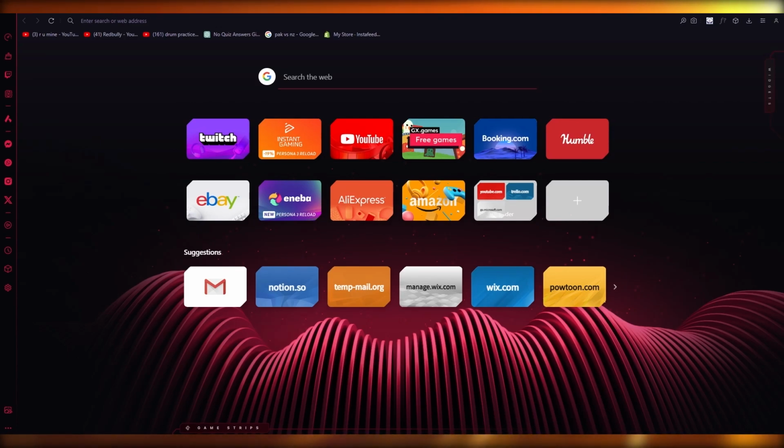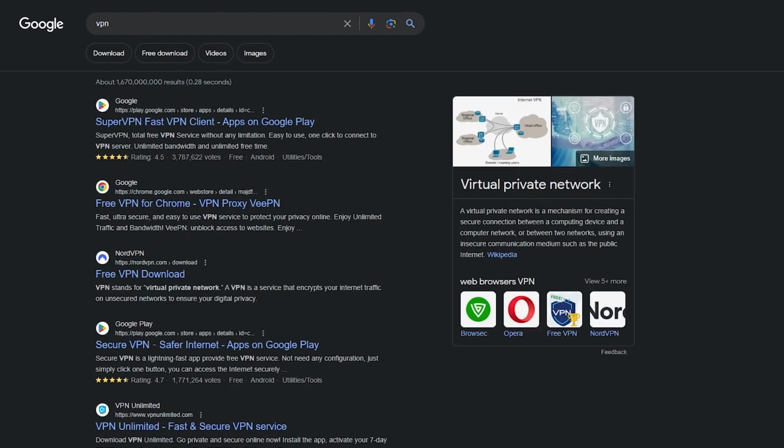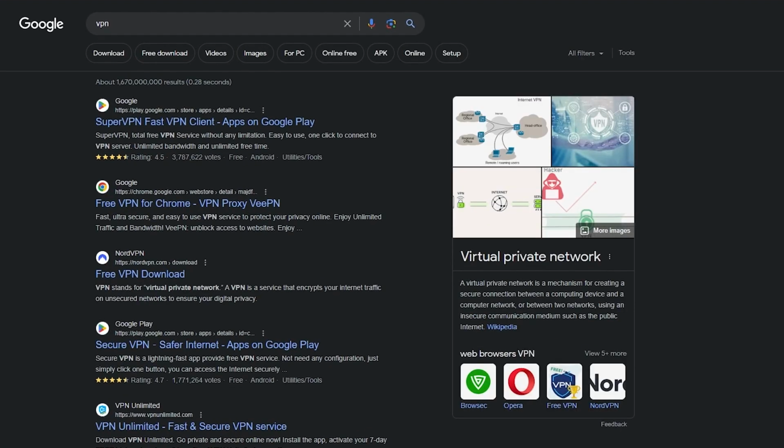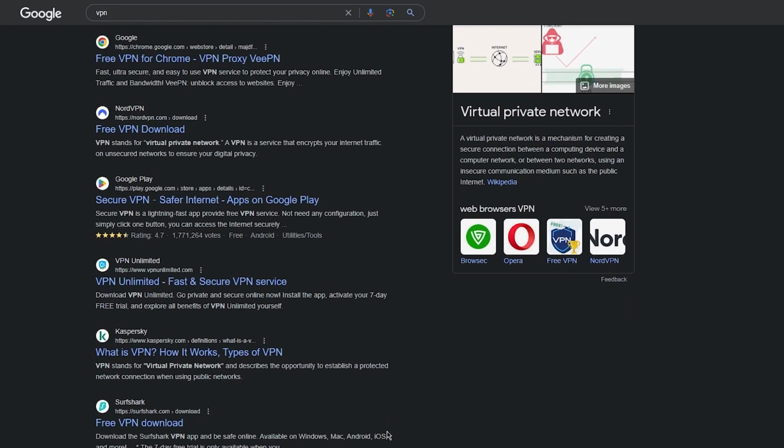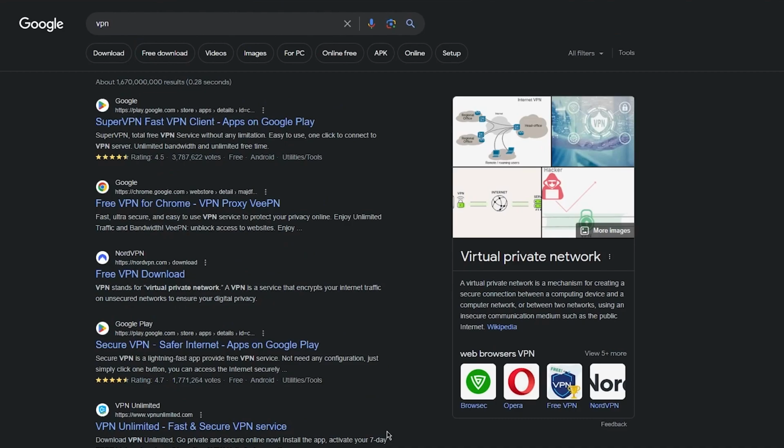So first of all, what even is a VPN? VPN stands for Virtual Private Network. Okay, so very simply put, at a very simple level, when you use a VPN, your internet service provider, let's say Comcast or Verizon, no longer knows what websites you're visiting. Also, the websites that you visit now only know the location of the VPN server. They can no longer see what your actual city and country is that you're visiting from.